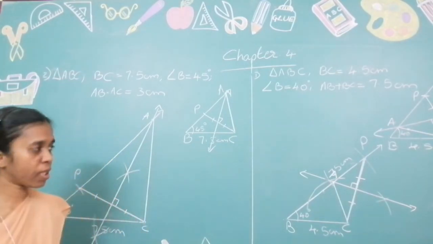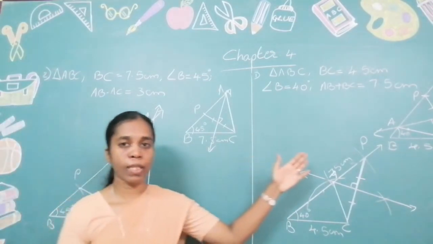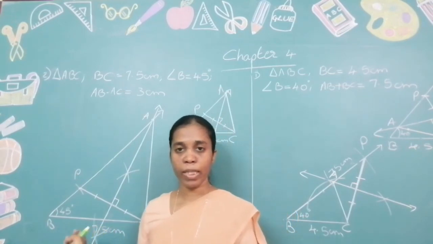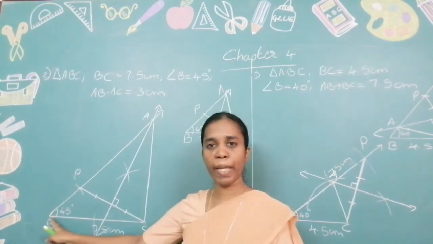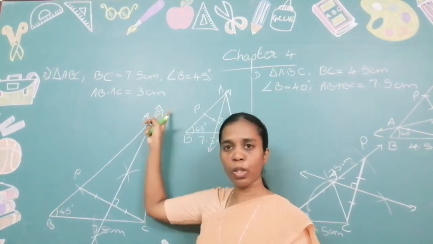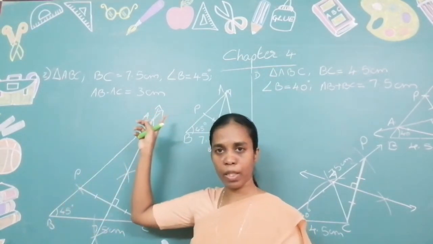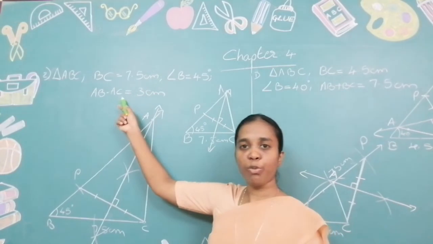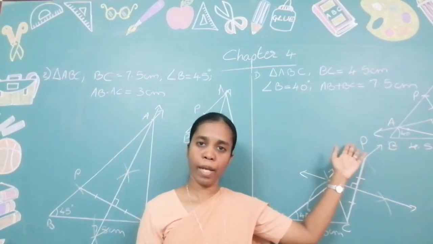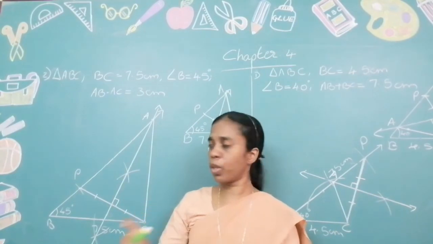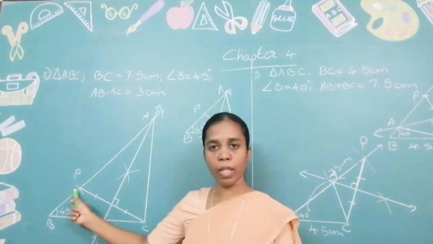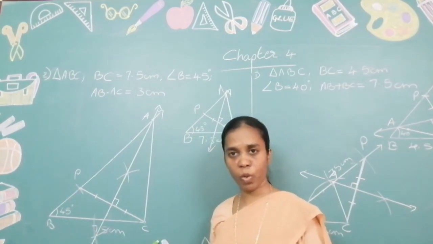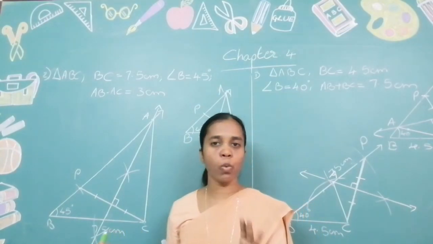Similar steps, like what we have done in the case where the sum of the sides was given to us. First, draw the base. Next, draw the base angle. Take the measure, draw the ray. Whenever you are drawing the ray, you extend it. Then take whatever is the measure given. Here it is the difference. In this case, it was the addition. So whatever is given to you, take it on the ruler and compass, and mark the arc on it. Join from there to the base. Okay, you will get a triangle, but that is not the required triangle.